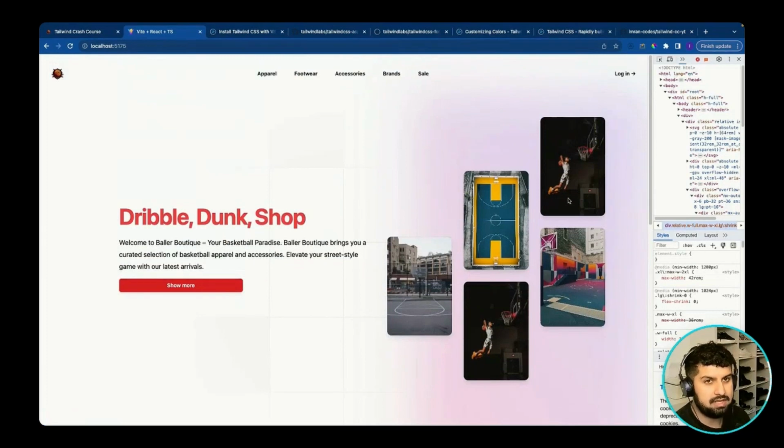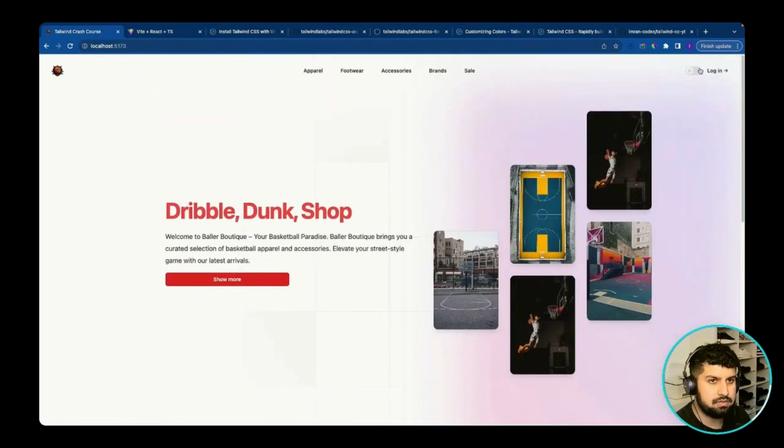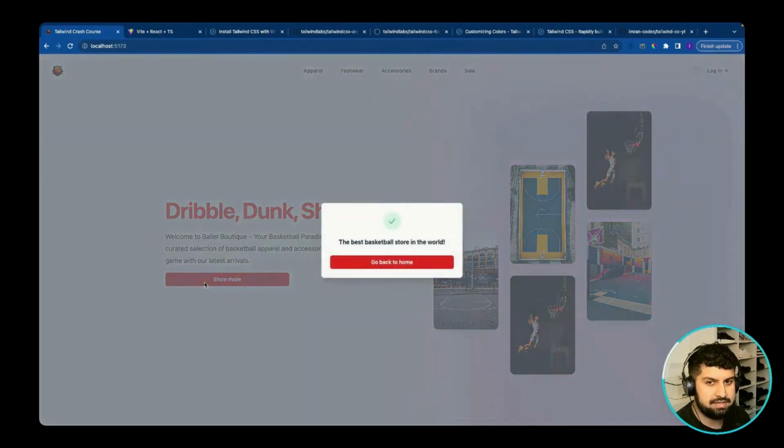The next thing we will look at is how to add in the light and dark mode. And then after that, we'll be looking at how to incorporate a modal. So this light and dark mode's over here, and then this modal over here, and then we are done for